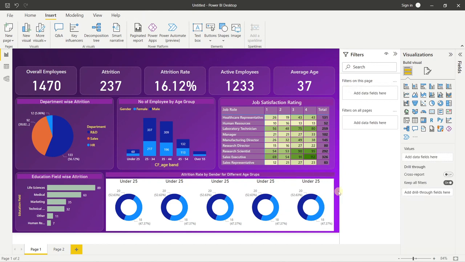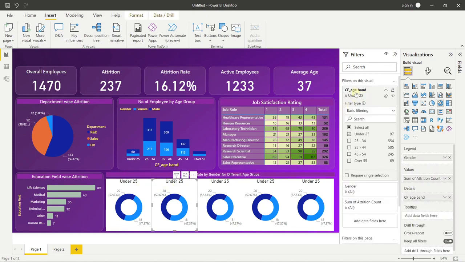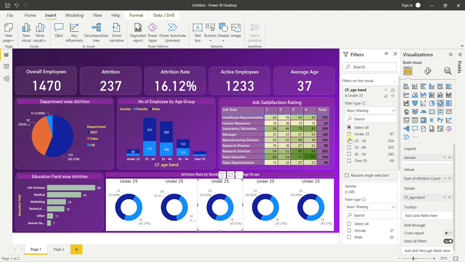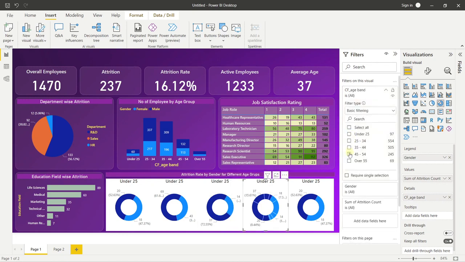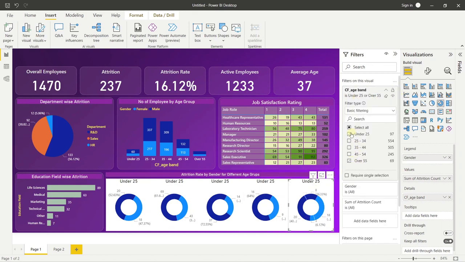All right. So these are our 5 charts. Now what we will do, first is for under 25. Second, we will quickly change it to 25 to 34. This is for, quickly change the filters. This is for 35. Then this is for 45, and this is for over 55. See,